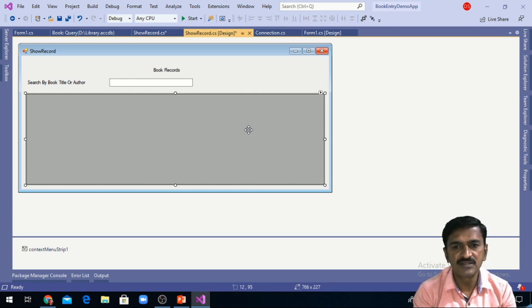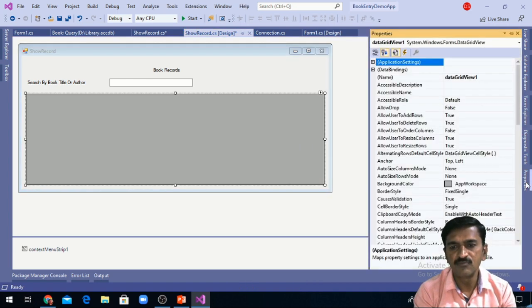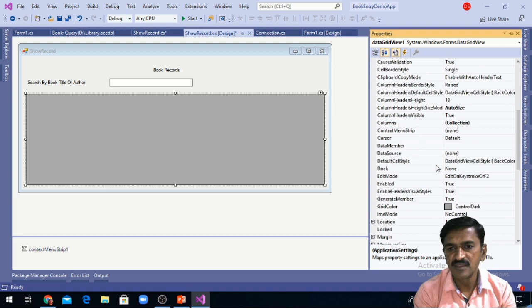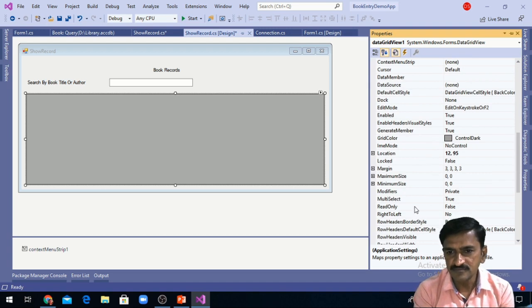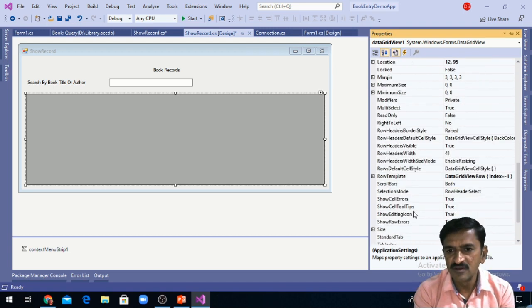So I have selected the data grid view and I'm moving toward the property window, and I'm searching for the selection mode property. The selection mode is row header select. I am choosing full row select here, which means the user can select the full row whenever the user clicks on any cell.